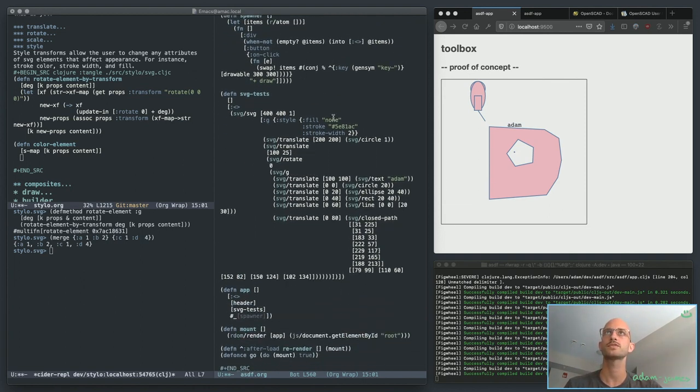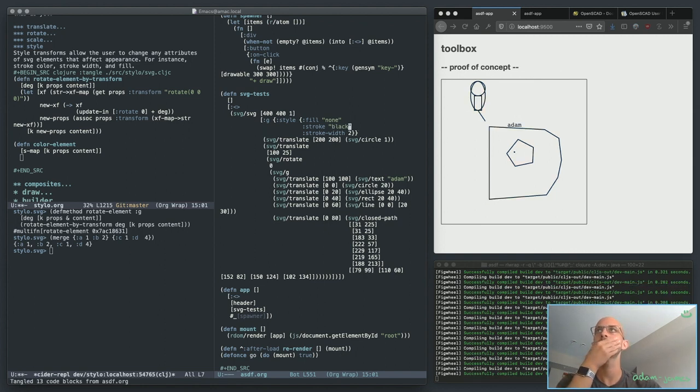Right, here we are. So fill, none. Why is this still... There we go. Okay. Let's make this just black again. There we go. All right, we're in some useful state. So what I'm going to do is test it on this closed path thing. But all I'm going to do is make this return